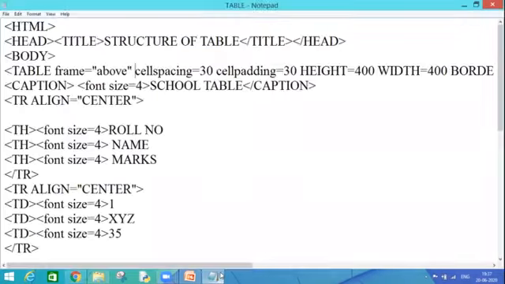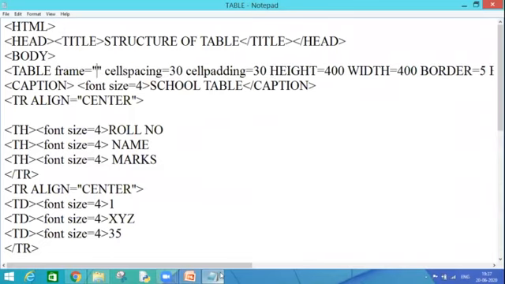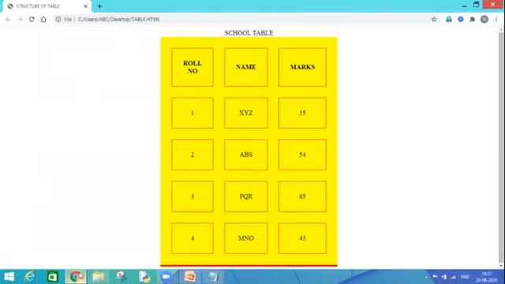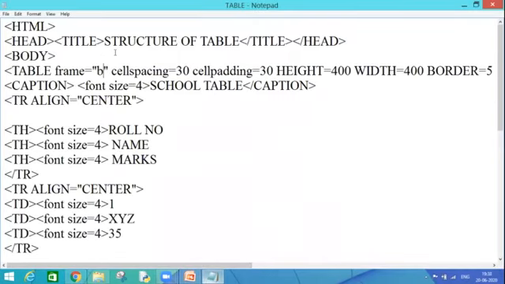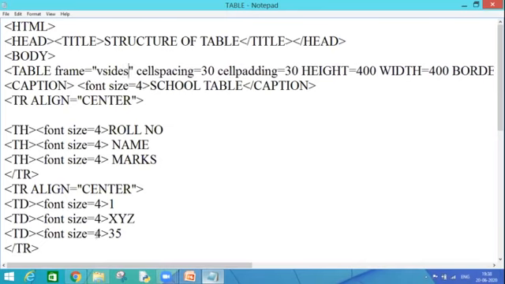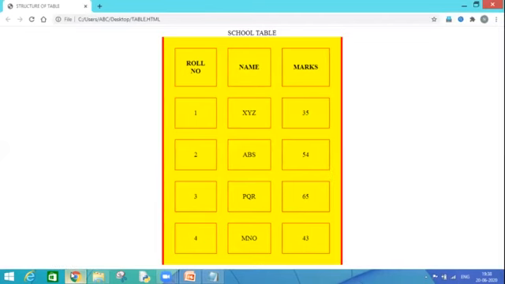Let's come back, change the value. If I write over here below, that means my bottom edge. Control S and see the change. Only the bottom edge is visible now. One more example I would give you, that is V sides, vertical sides. So control S, go back again, F5. Vertical means left and right both in a standing position. So standing is left and right only, not top and bottom.